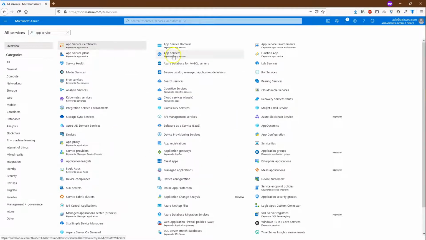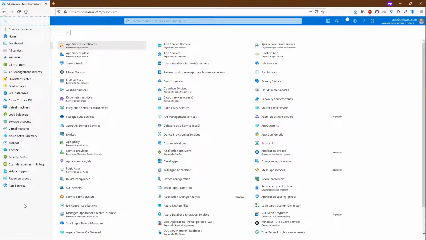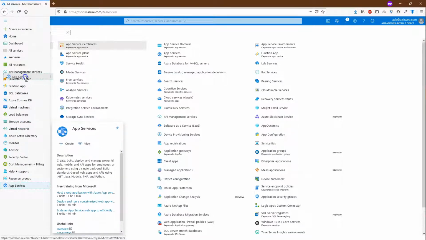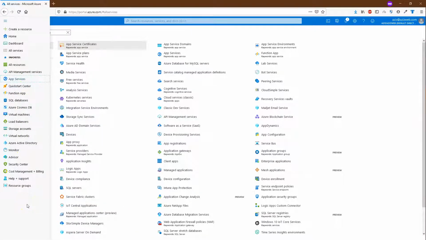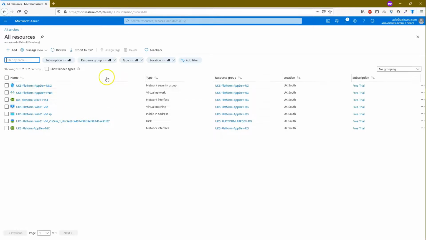Hover over the app services and click on star icon. It will turn solid and a link will be added in the favorite menu section. New link will be added at the end of favorite menu links. We can rearrange menu links by dragging and dropping it in desired position. I wish Azure would provide some basic sorting option like sort alphabetically or by frequently accessed resources. All resources link displays the list of all the resources which are provisioned in our subscriptions.